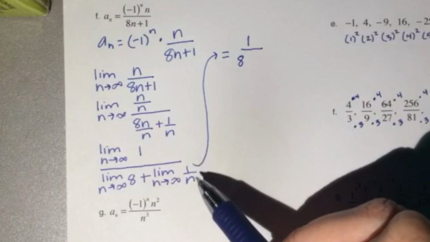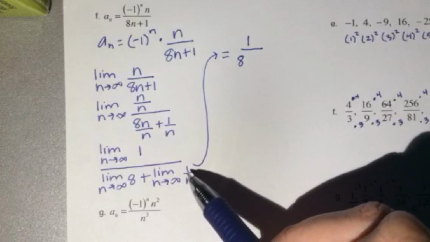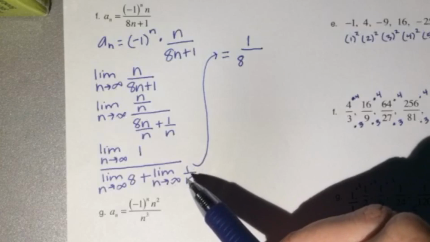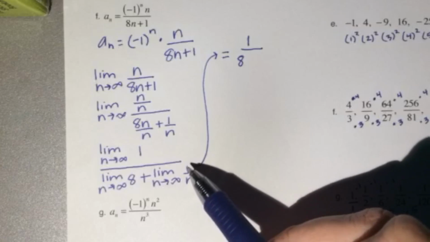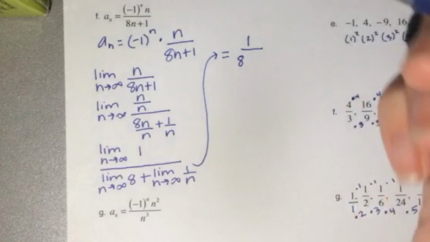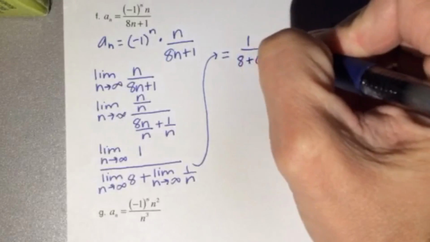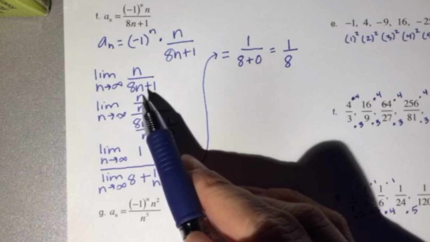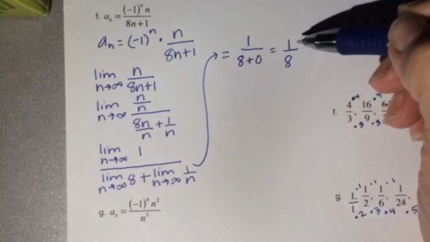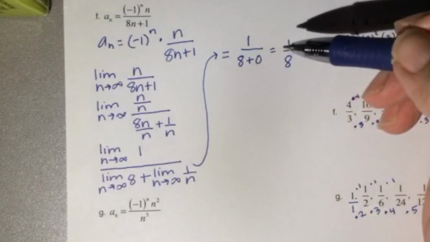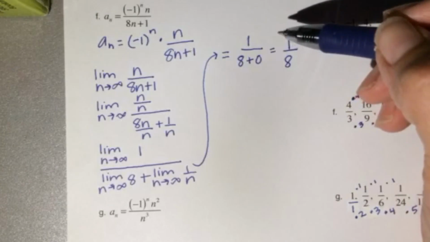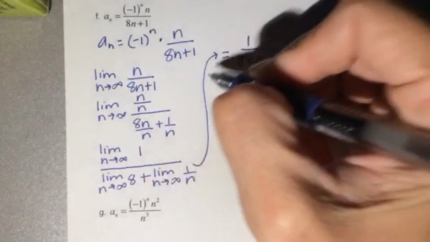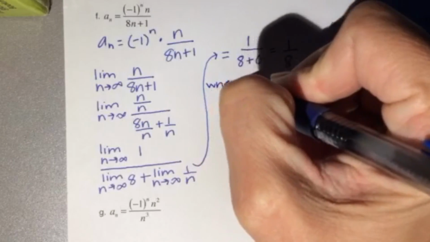And then we see that 1 over n sequence that we've seen in many of the other problems, and we see as n is getting larger, the denominator is also getting larger, making this whole fraction smaller, which is making it approach 0. So if we're just looking at this piece of the sequence, what's happening is the sequence is converging to 1/8. However, because we still have this -1 to the n, what's really happening is that when n